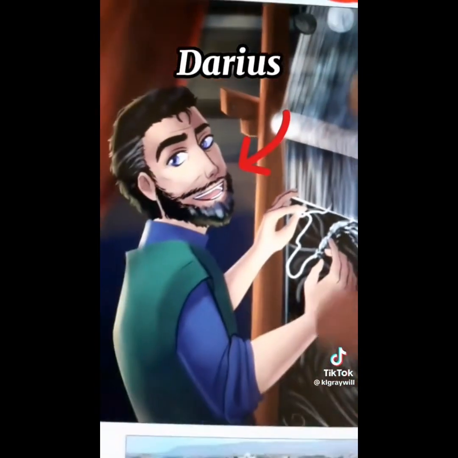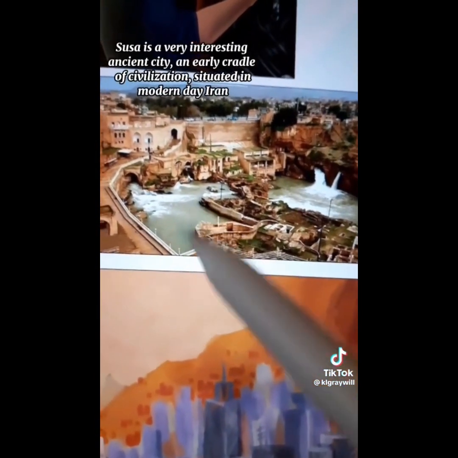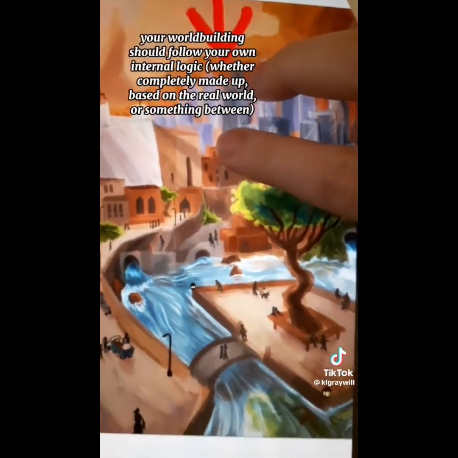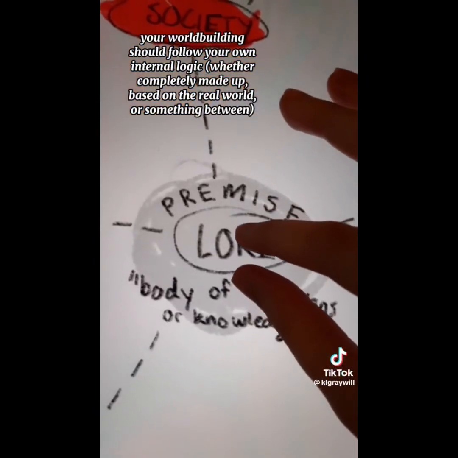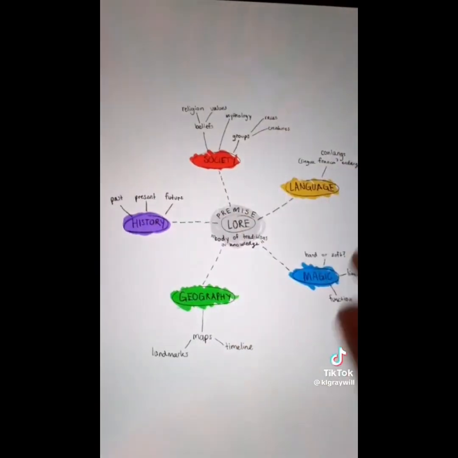Even Yada's uncle, Daryush, who is literally in one episode, is a nod to King Daryush I and his palace in the ancient Persian city of Susa, which inspired Dargam. That detail is not in the narrative of the story, but I think the process of having to create an internal system of logic behind the naming, the language, geography, magic, or whatever aspect of the world building is what makes it feel consistent and believable.